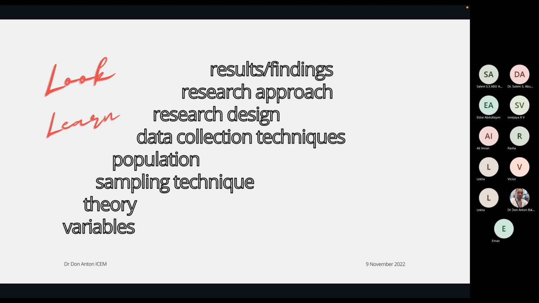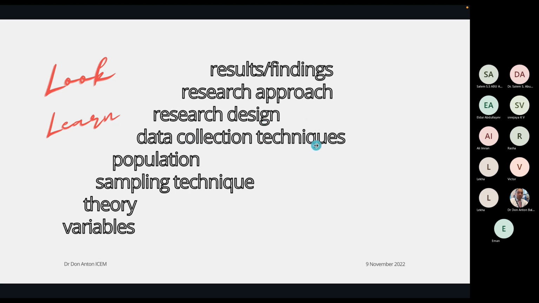What are the things that you could actually learn from the pieces of literature? Look for the literature in order to learn. In that literature, what were the results, the findings? Is there something there that you can pick up, contemplate and reflect upon? And what research approach did that literature use? When you say approach, you say quantitative or qualitative, and then what research design? Will it be descriptive, experimental, or, if qualitative, observation, case study,